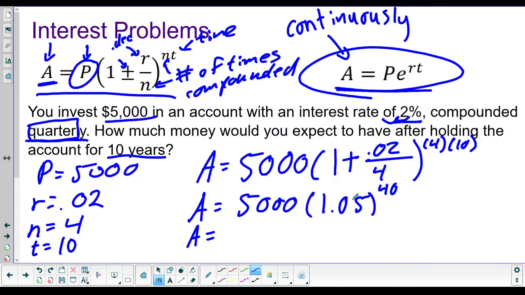Sorry, there should be 2 zeros here. I almost gave us way too much money. Let me go ahead and fix that, put another 0 in. Okay, in the end, we're going to have